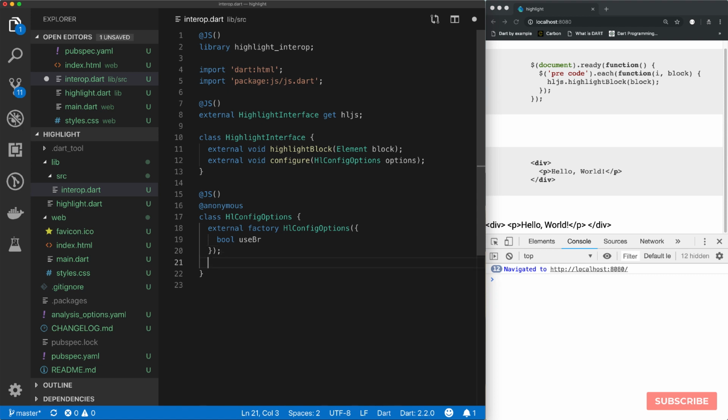And then our instance property would be external as well. Returns void would be a setter for useBr, which expects a boolean. So just call it useBrVal, doesn't matter what I call it. Okay, so let's save this,